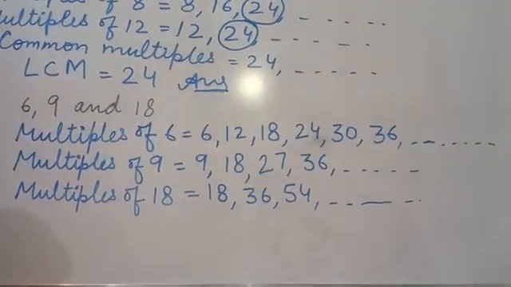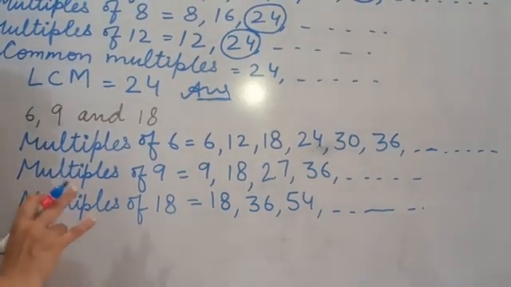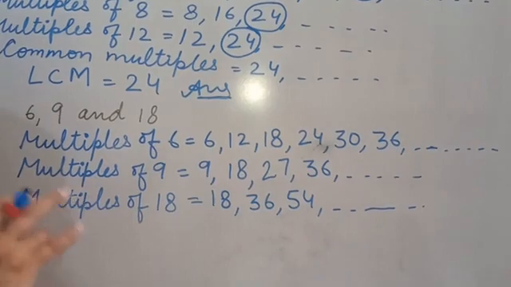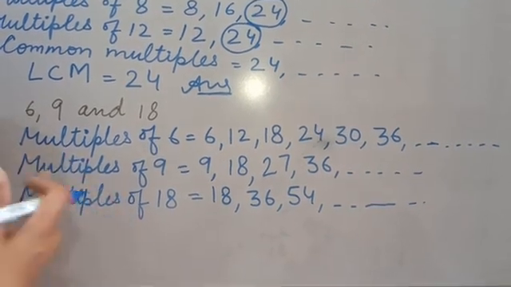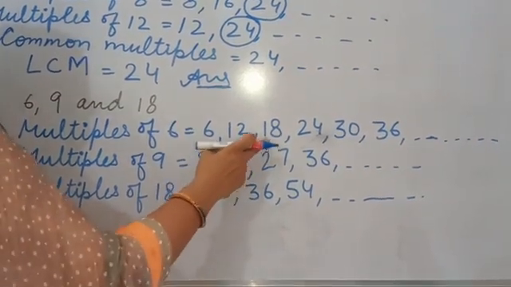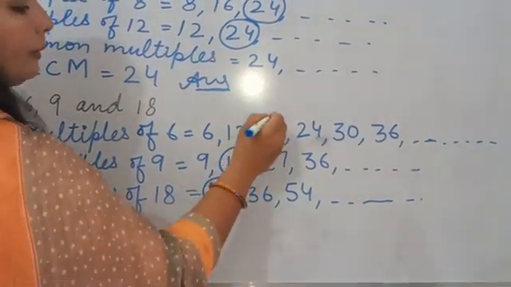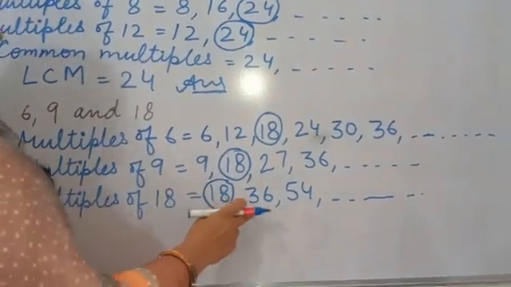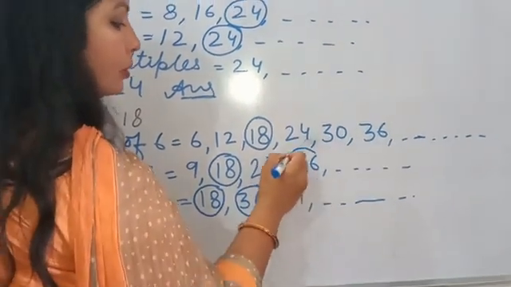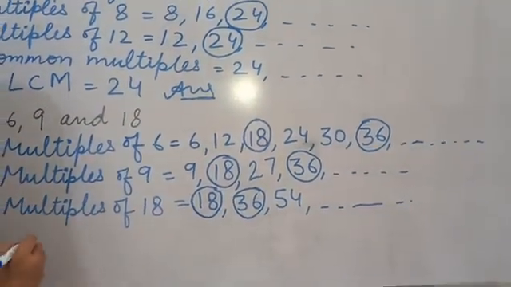Now what do we find? Common multiples. So as I told you, whichever is the greatest number, by that you have to find the common. वहाँ से आप चेक करेंगे जो greatest है उसी के नंबर जो फर्स्ट मल्टीपल है, by that you have to check that it is common in all or not. Then the next one we have to check. So you see that the first multiple is 18. This is here also, here also. That means this is common to all. Okay. Then the next common is 36. That is also in all. So we can find this one also. Now finish. We write here the common multiples.